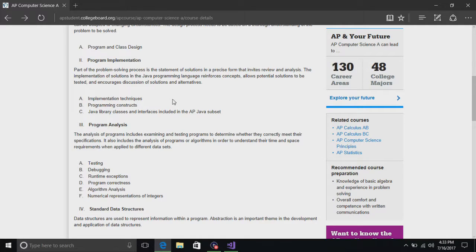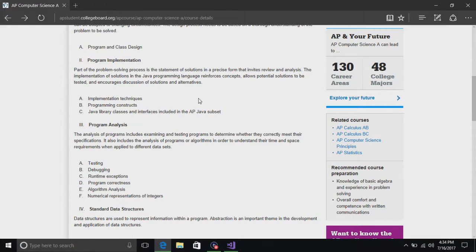Program implementation. Now this one is the one that always is a little iffy, because this is just personal. Implementation techniques, programming constructs, Java library classes and interfaces included in the AP Java subset.